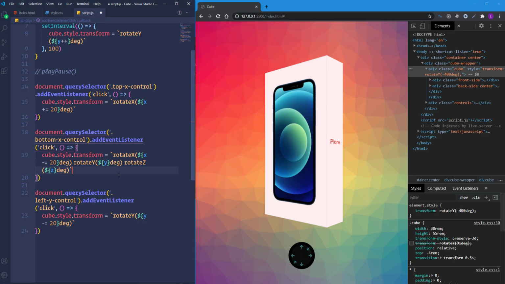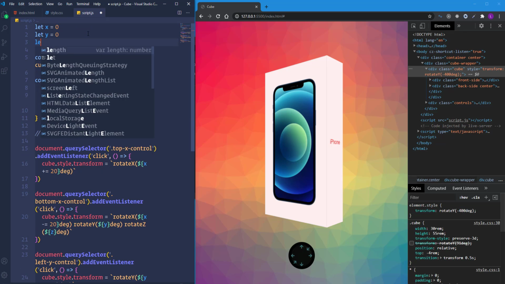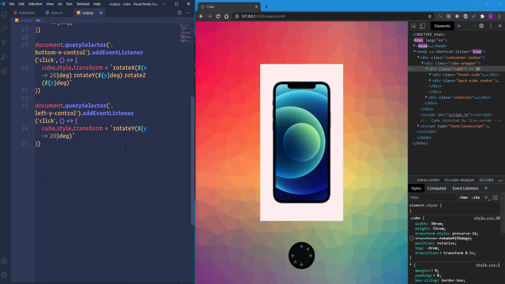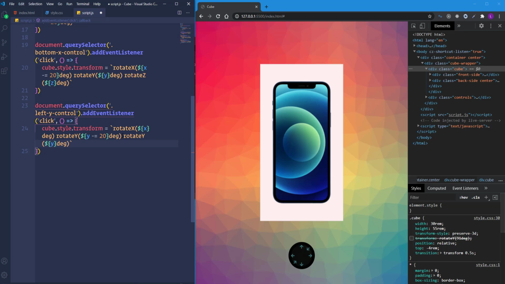And also we have to create a variable for the z direction. Let's set it to 0. Okay, let's add the rotate functions here as well. We need rotateX and rotateZ.